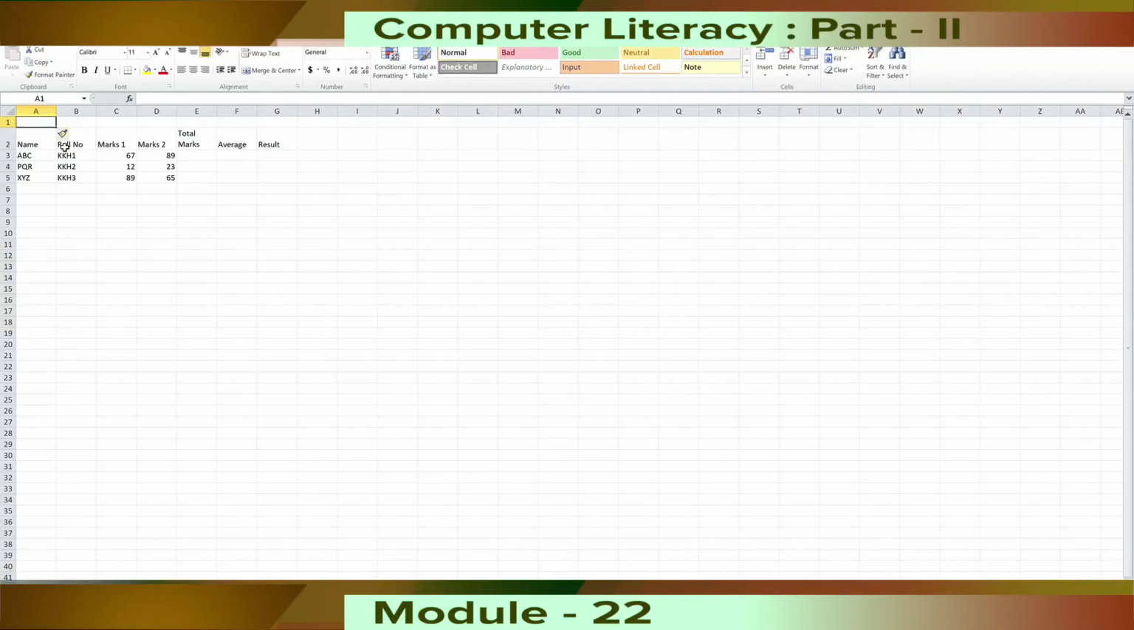Now it has been moved down to the second row, and similarly for all the other rows below it. So now suppose I want to give a title to this particular table. Suppose the title is student information. I want this header to be in the middle, and I want to merge the cells from A1 till G1. For that, I have to select these particular